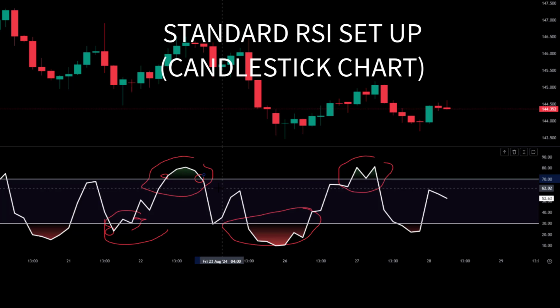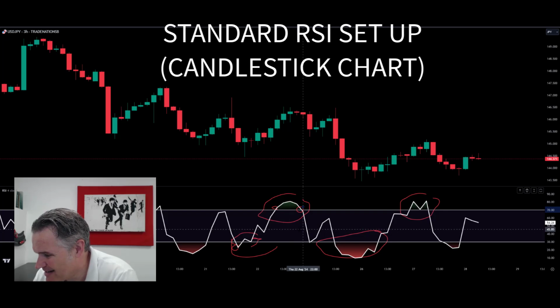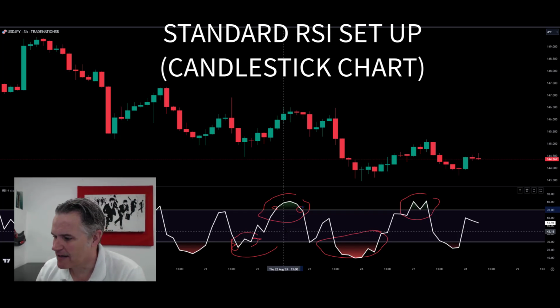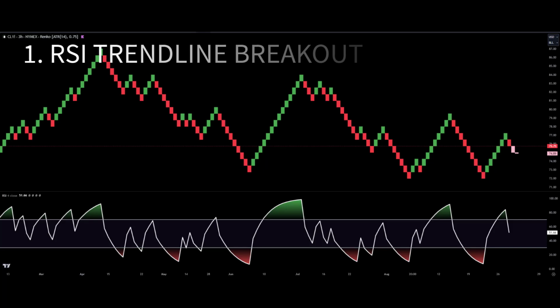Now, it's not a bad setup itself. You'll see in a moment why that standard set of rules doesn't really work for Renko, but like I said, we can take the foundations here, add them to the Renko charts and create a much more powerful, I think, effective strategy setup. So first up, we've got a setup that I call the RSI trendline breakout on the Renko